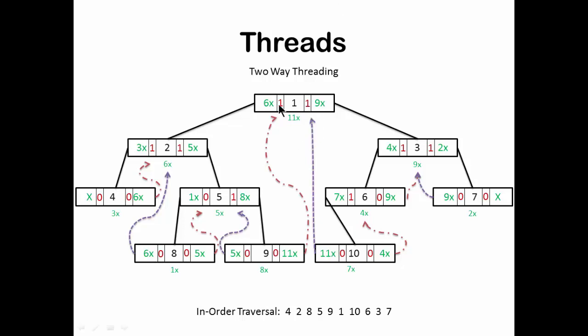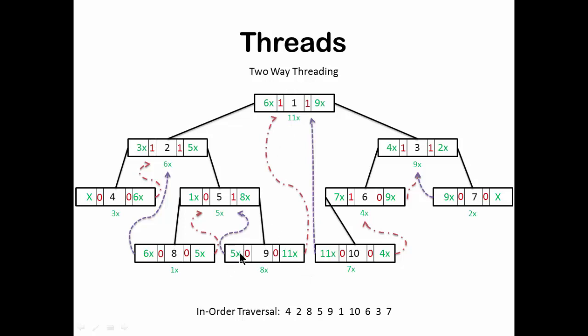Now this will be called the right tag and this will be called the left tag. If these values are 1, that means the pointer value, the address, is pointing towards the left child and the right child respectively. But if these values are 0, that means the address is not pointing towards the left child, rather it is pointing towards a node which is at a higher level than the current node. So this 11x is not pointing toward the right child, so I have added a tag of 0. If you are getting a 0 over here, then please understand that this address is not the address of the right child, but it is the address of the successor node.